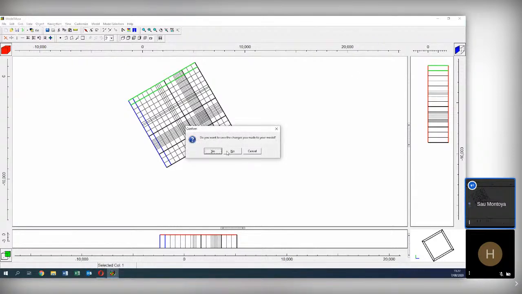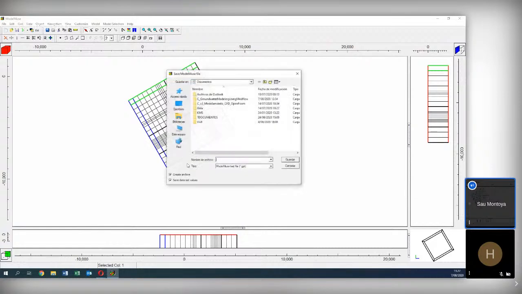If you want to save, you have to type yes. Actually, it's not necessary, but this is the process to save. You type yes, and then, for example, you can place it into a folder. I strongly recommend that you, for example, name it exercise 1. Why do you create a folder to store your model? It has a reason.